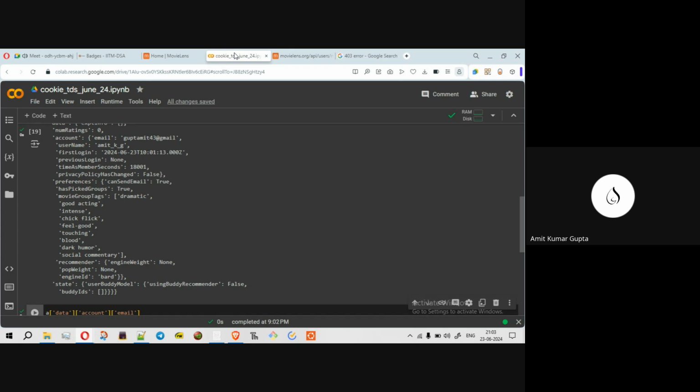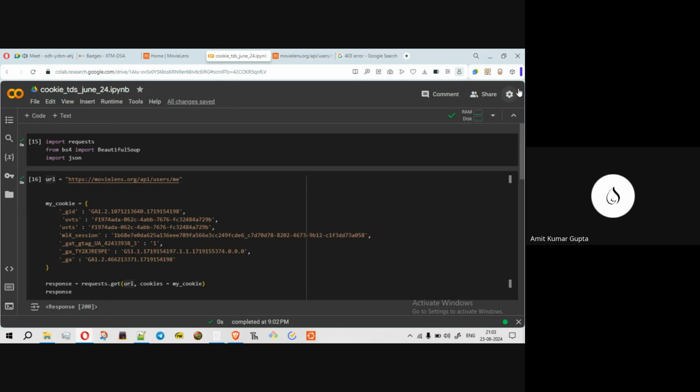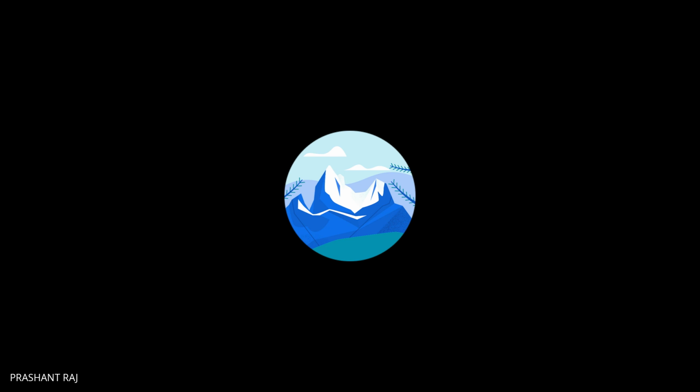Have you run the whole notebook? Just click here, runtime, and run the whole notebook once. Maybe it is fetching the old information. No, I have not written much. I have just imported the requests library, and then from bs4 import BeautifulSoup. URL is equal to